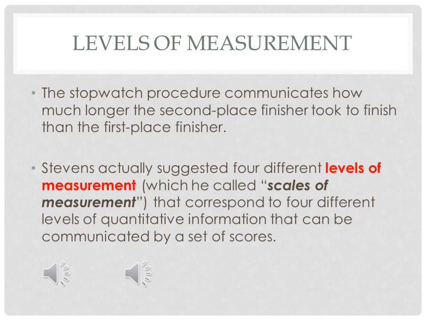So if you are following the stopwatch procedure, that is a correct method of assigning the scores, and it will explain in depth how much time has been taken by the second place finisher compared to the first place finisher. So in the rank order method you can see only the first place, second place, or third place, but here